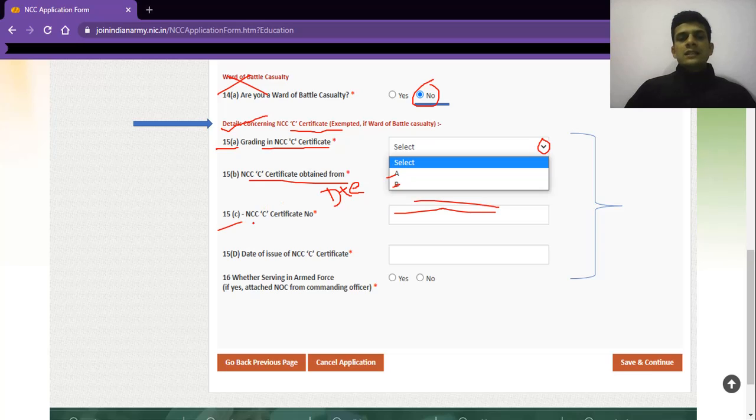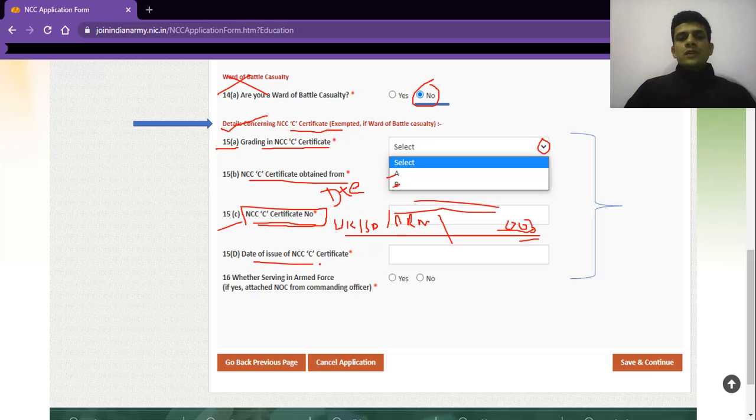Then next, if you move to NCC certificate number, it is mentioned at the bottom of your NCC certificate. Like I am from Uttarakhand, so it is UK SD army, this type of thing. It will be completely UK SD army, the year will be mentioned over there, right, and then in the end there will be a number. You just have to type that number. Like mine was 003, so I just write 3 or 03 over there, okay. And if you want to write it complete, you can go with this as well, okay.